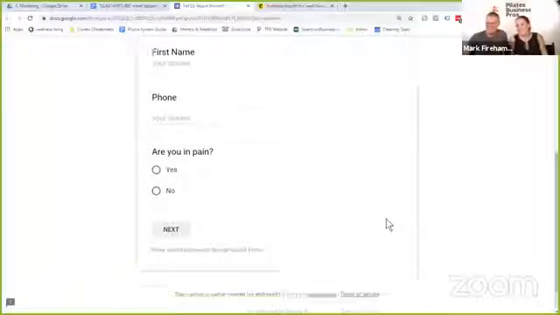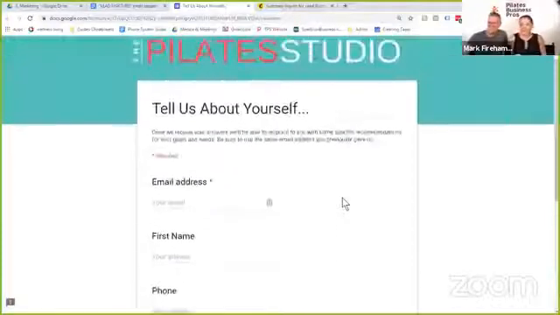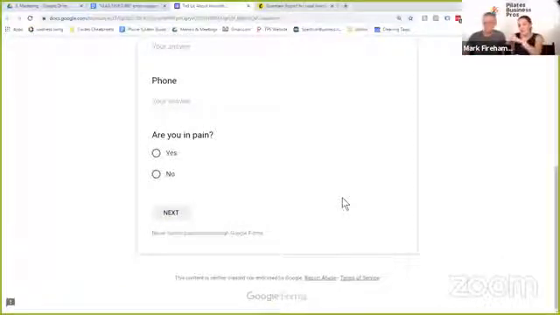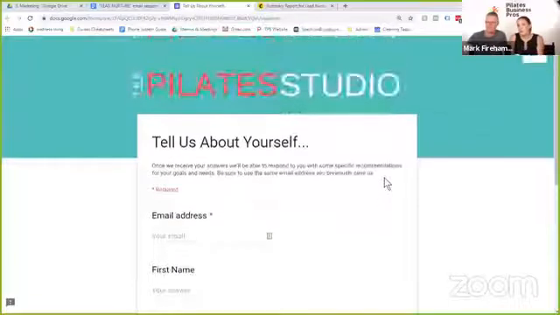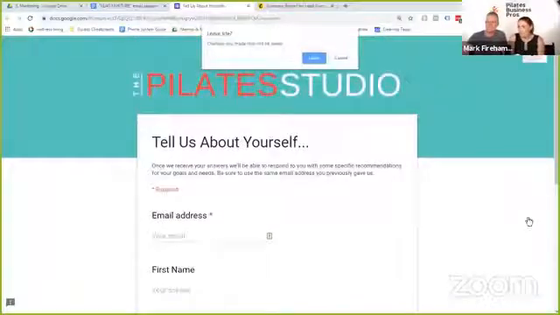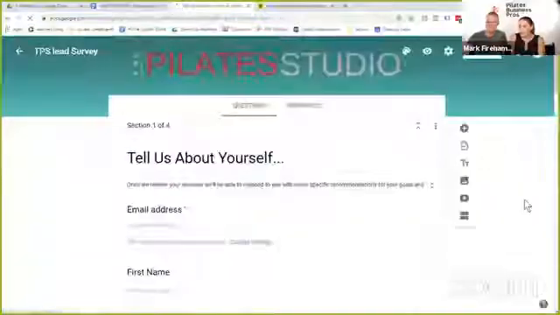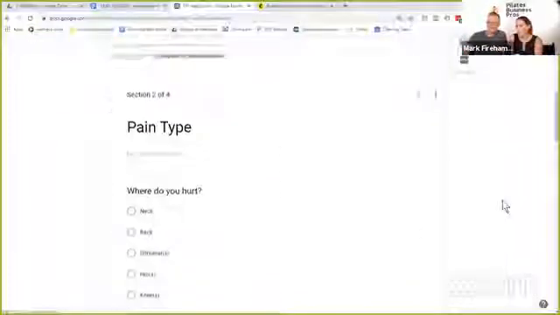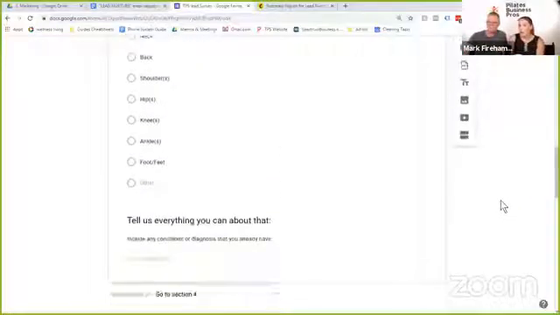It takes a team. So this is where we're going to kind of collect what kind of client they would be. Are they in pain? Yes or no? Right. And then whether you answer yes or no, it takes you through a series of questions, so we kind of know how to approach this client. So at that point, if they fill out the form, we have our... I can show all the details. Oh, perfect. If they fill out the form,